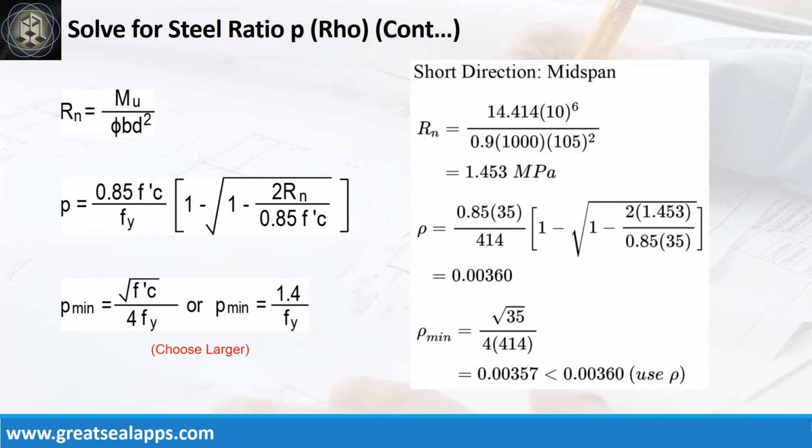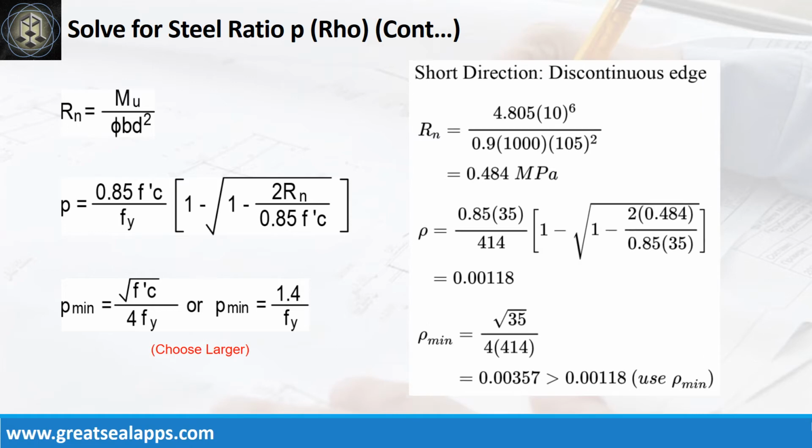Given short direction, midspan moment equals 14.414 kN/meter, resistance factor equals 0.9, B equals 1000 mm, and D equals 105 mm. The beam design ratio Rn equals 1.453 MPa, and reinforcement ratio Rho equals